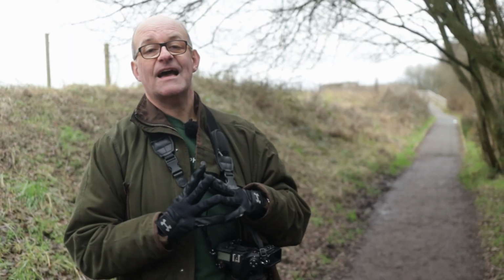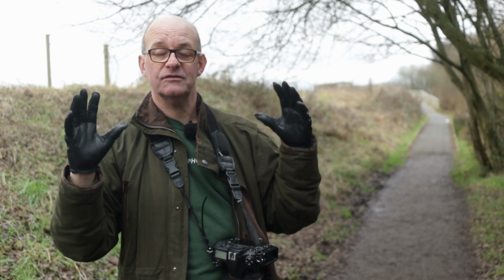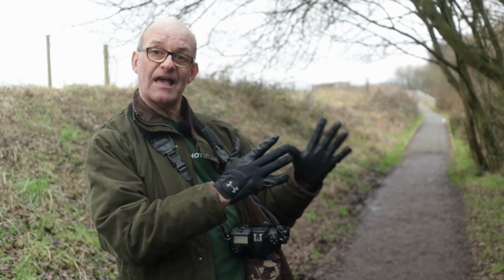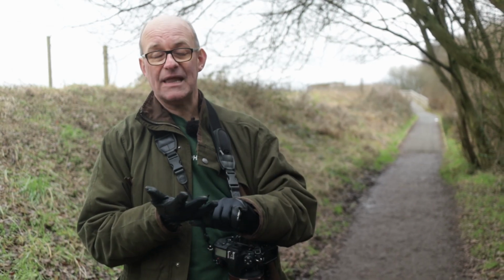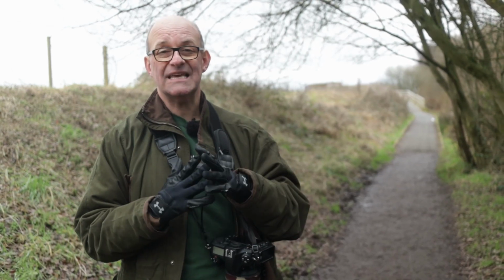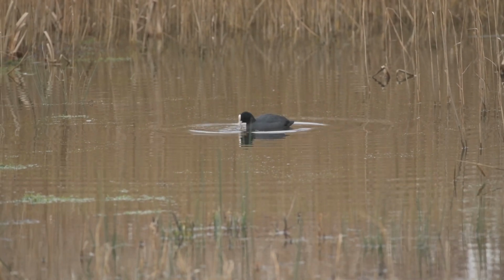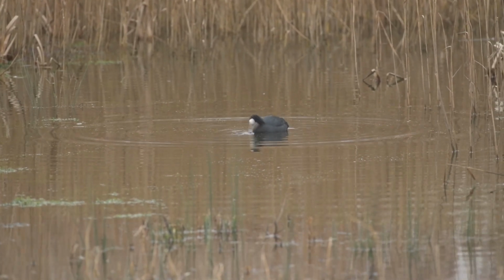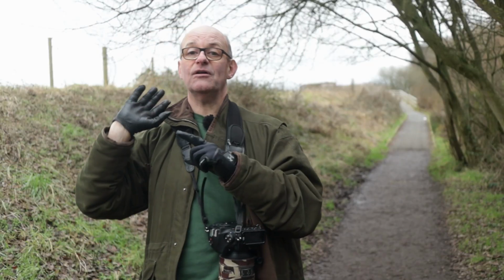I've just come out of this hide here, and it's probably been my most productive session so far today. It is the furthest hide into the reserve that you can get, but I've seen some black-tailed godwits, some teal, and what I think is possibly some redshank, but that is yet to be confirmed. I've got some really quite nice pictures there. They're probably going to turn out to be the photographs of the day,